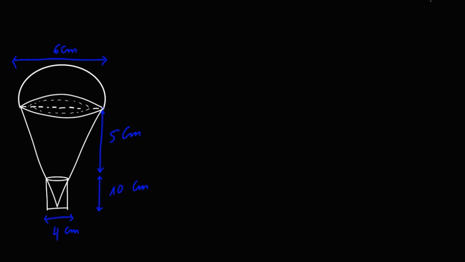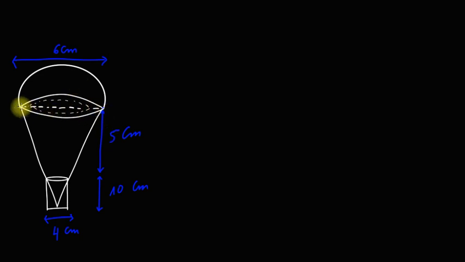Consider this math problem. We are going to find the volume of this loudspeaker. This loudspeaker consists of different shapes. This one is a half of a sphere, or semisphere, which has 6 centimeter of diameter, and we have